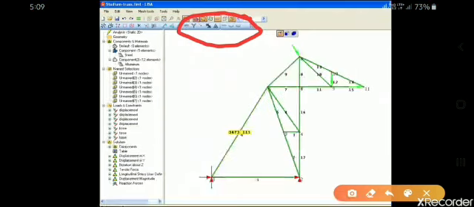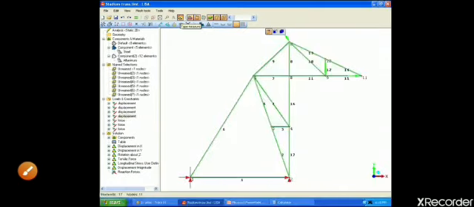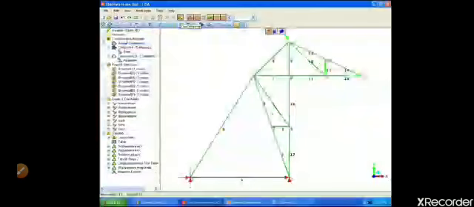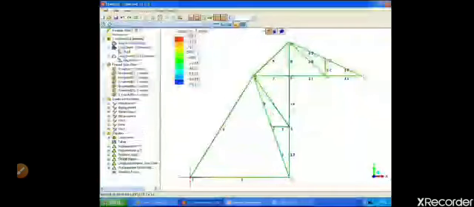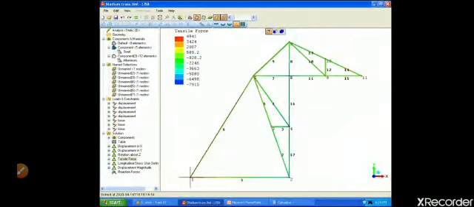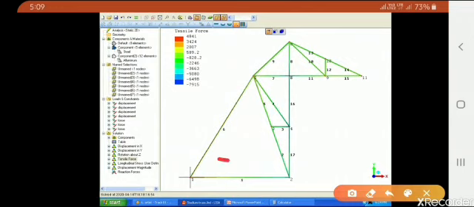They can be used for controlling how your results get displayed. Like your tensile forces here are being shown by corresponding colors like red and green, and the corresponding value of tensile force can be seen here.